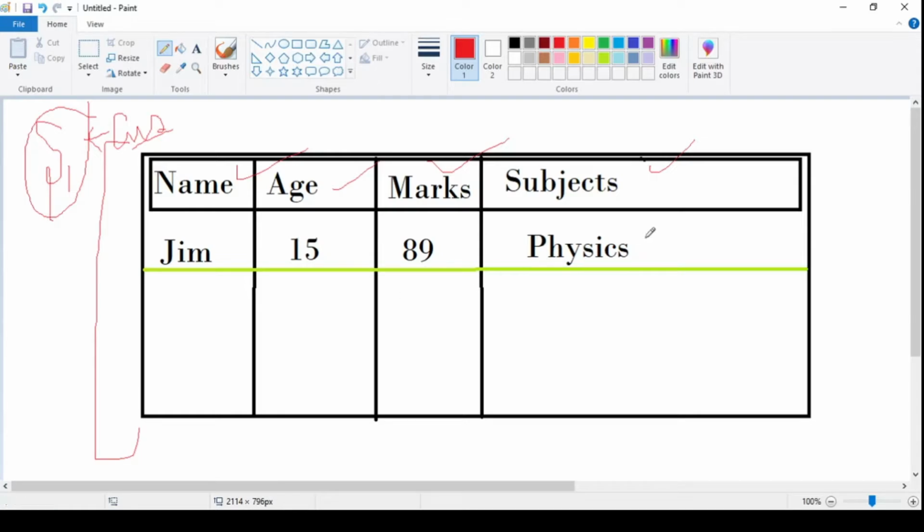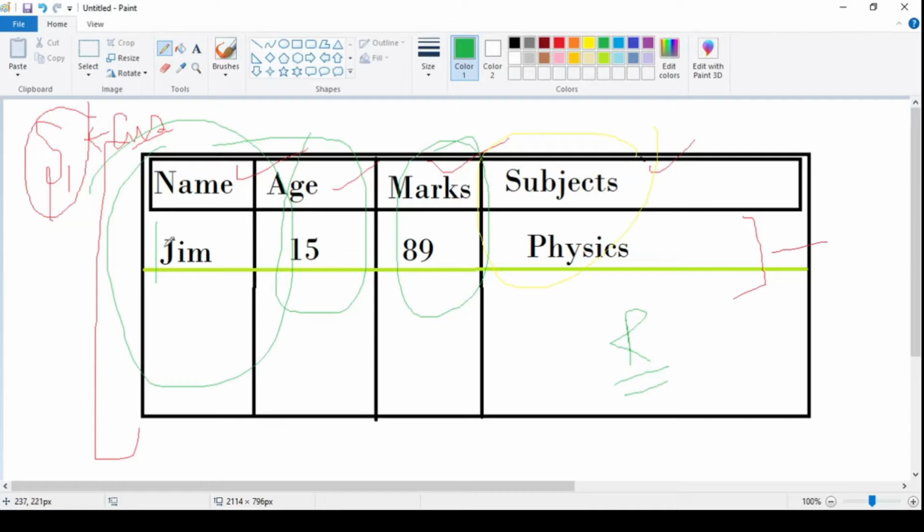Now if we talk in any programming language or in simple layman terms, this is a row, and these are columns. This is column 1, this is column 2, and there are 4 columns here. We say that a row is a record. This entire row is a record in Salesforce.